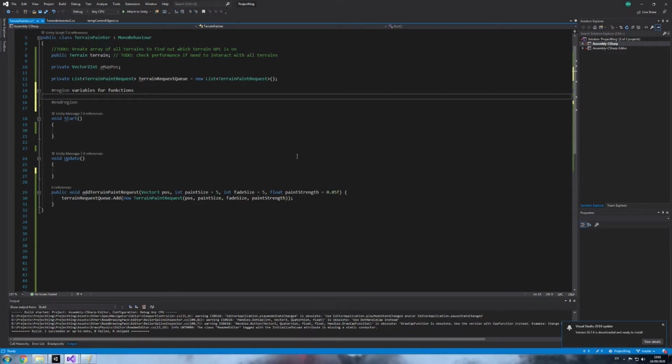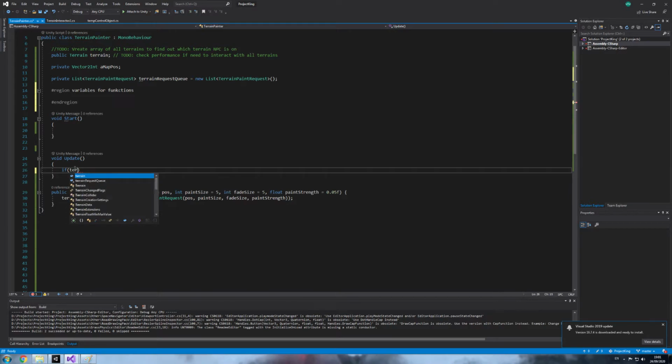So we'll be using some code here. I don't want to start filling them in yet, because if I throw 5, 10, 20 lines of code in now, you'll be like, what the hell are you doing here? So in Update, we actually do one thing. So if terrainRequestQueue.Count is greater than 0. So if we have anything in our bucket,